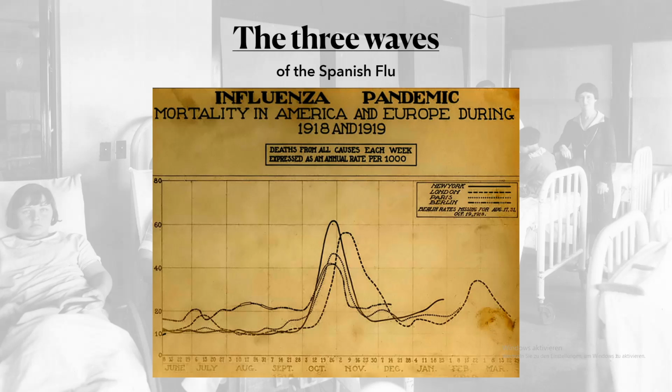Then there was the third and last wave. The numbers to the third wave are pretty vague and partly missing. This wave was the least deadly of them all. Actually, there were many infections, but not that many deaths compared to the waves before. Most people were immune now and strong enough to fight off the virus. The number of deaths during the third wave is unknown.